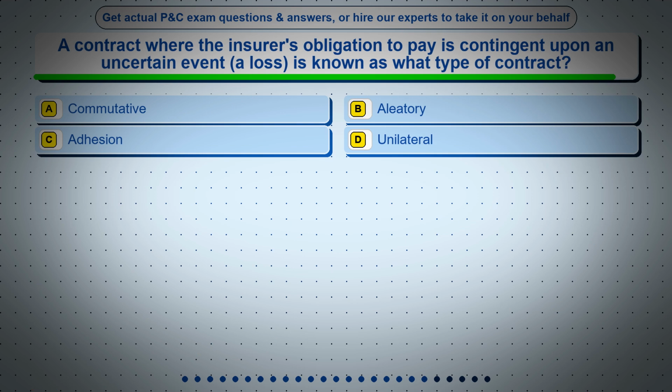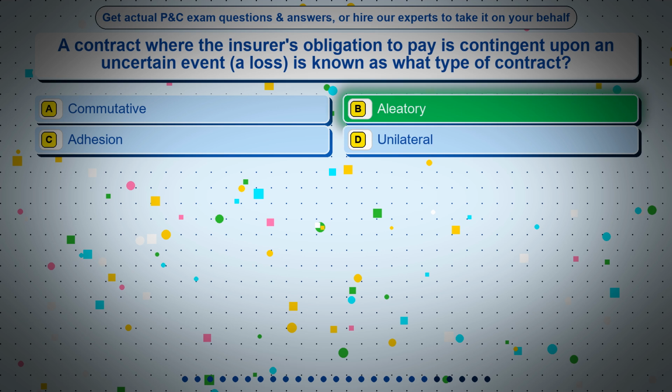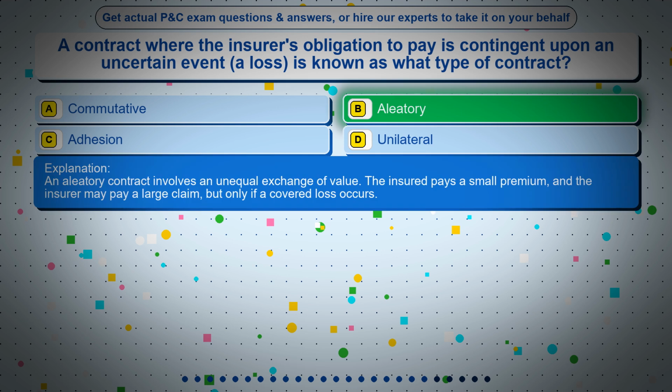Question 20. A contract where the insurer's obligation to pay is contingent upon an uncertain event, a loss, is known as what type of contract? Option A, commutative. Option B, aleatory. Option C, adhesion. Option D, unilateral. The correct answer is option B, aleatory. An aleatory contract involves an unequal exchange of value. The insured pays a small premium, and the insurer may pay a large claim, but only if a covered loss